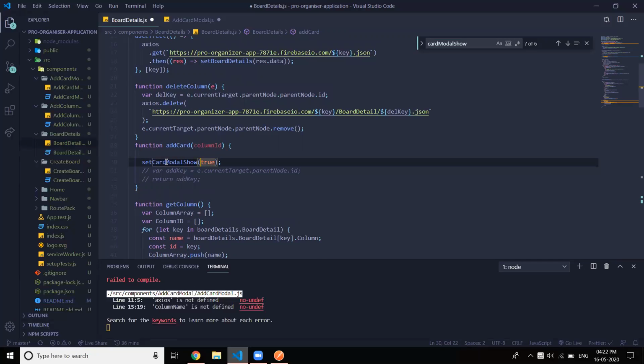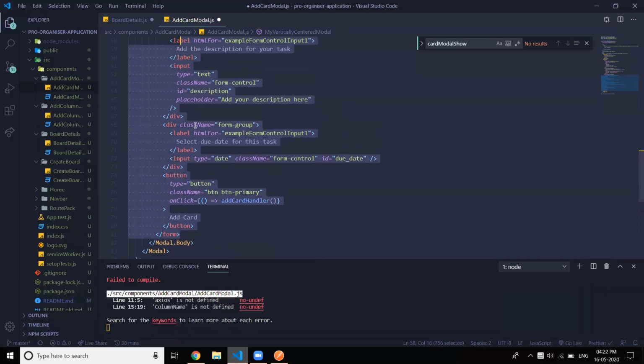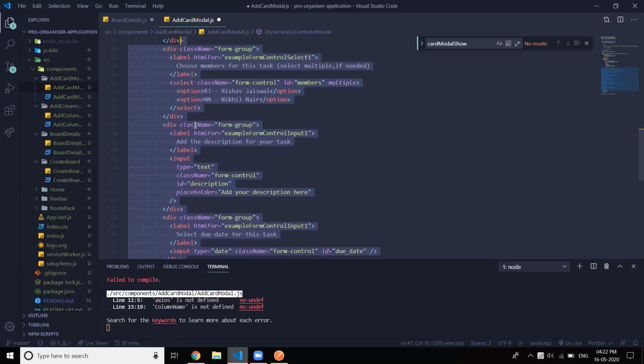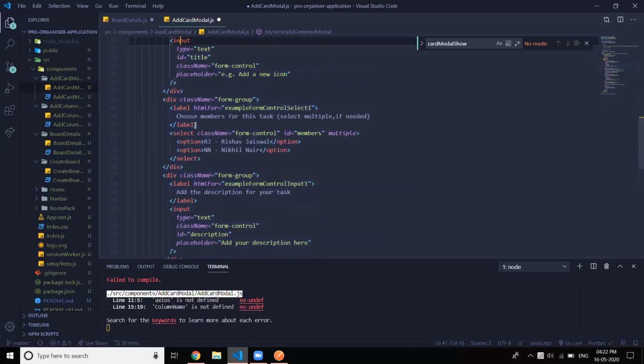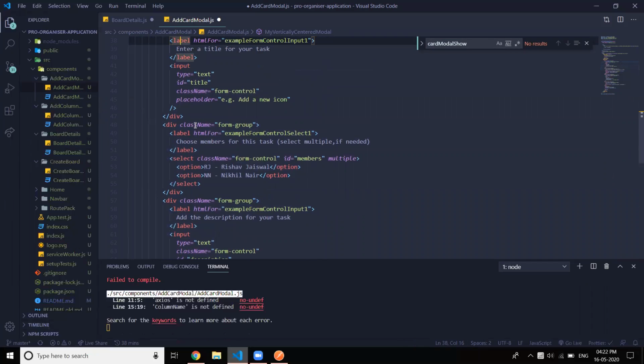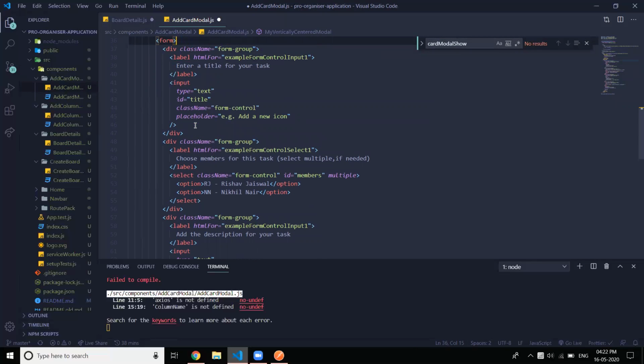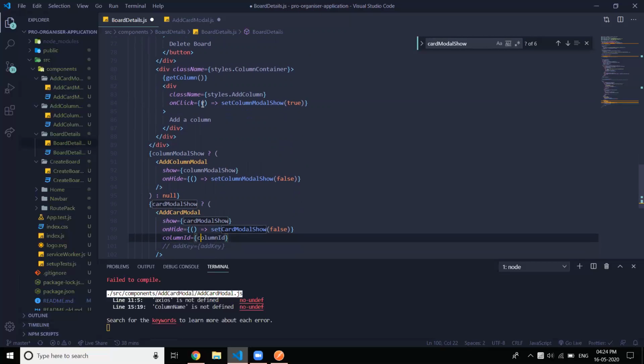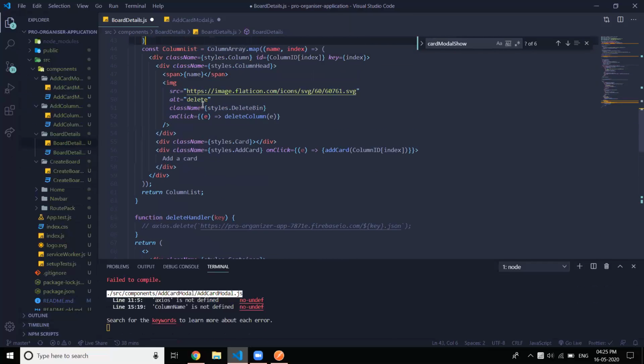So the better solution for this is to create a component. The modal itself is a component, and the modal is hiding and showing based on the props. Now our concern is that along with props, we are trying to pass it a column ID. A solution is very simple. We create one more state variable which is column ID and pass it the same way. My concern is it will reload the component again, and that's what I'm trying to avoid. But let's just do it. We'll figure out any other way.